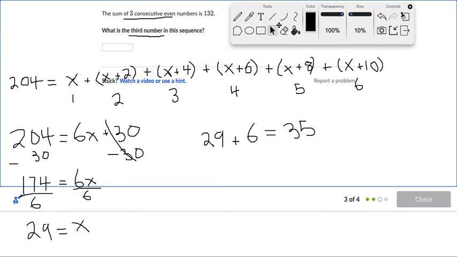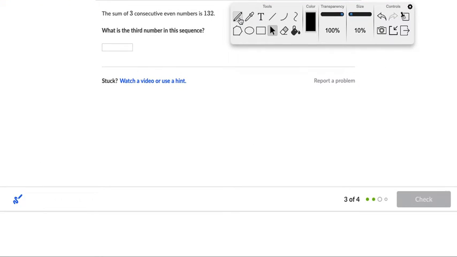All right, here we go. This will be the last one. I just want to make sure we get one with even numbers to show it's pretty much the same method. Okay, the sum of 3 consecutive even numbers is 132. What is the third number in this sequence? Okay, well, we know that sum is equal to 132. I'm going to go ahead and put that over here to start. 132 equals,